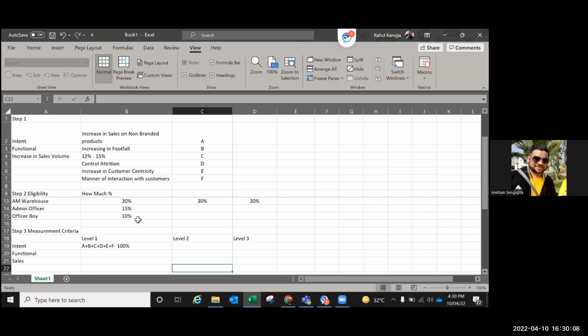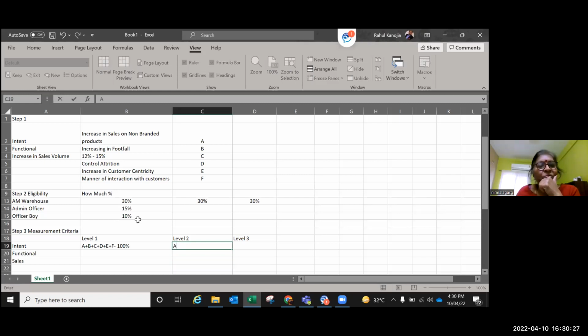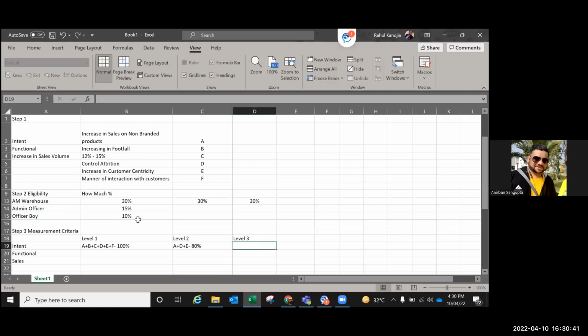एट्रिशन हटा दो आप, फिर इसको ये फुटफॉल भी हटा सकते हो। चलो फुटफॉल नहीं, देखो। आप इसको E हटा दो। A plus D plus E, ये कर सकते हैं, A plus D plus E level 2. You are thinking, putting your thinking caps. Good. Plus E, right, और इसको हम लोग कितना 80 रख सकते हैं। हाँ, 80 रखते हैं, and then will say 60 कर दो। हाँ, मिनिमम 60 मिलेगा।